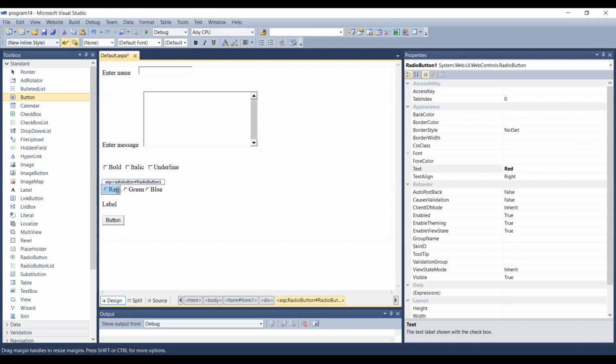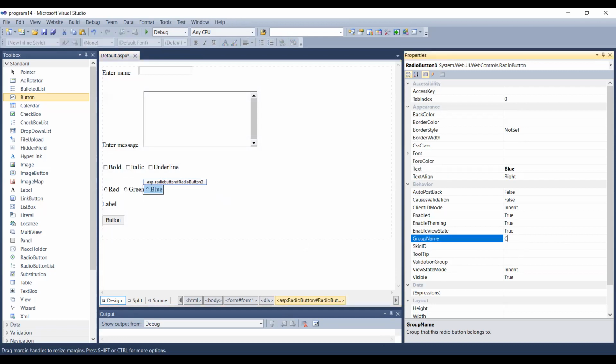Now guys, you have to set a few more properties for the radio button. That is a group name. So you have to give a common group name saying COLOR, where I have taken C as capital. Then again go for green, take the group name COLOR, again go for blue, and take the group name as COLOR. Why is this needed guys? Because for radio buttons only one has to be selected, whereas for checkboxes you can select n number of checkboxes.